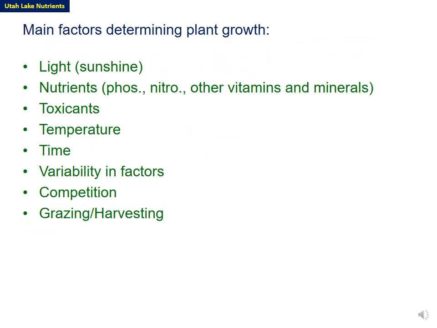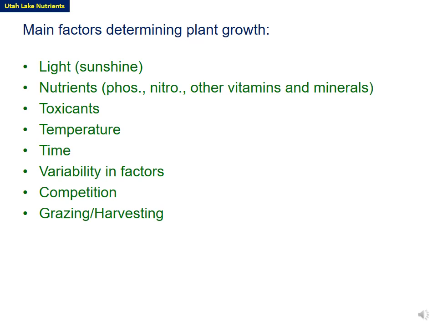So let's take a look at the main factors that control plant growth. One of the first is light, the availability of photosynthetic radiation, and that is controlled in part by the location of the lake in terms of elevation and latitude, but it's also controlled by the turbidity or the visibility of the lake itself. We also have the nutrients, phosphorus, nitrogen, iron, that sometimes could be limiting nutrients that might control the plant growth as well. We have potential toxics that can be in the water system that can impact the plant productivity.